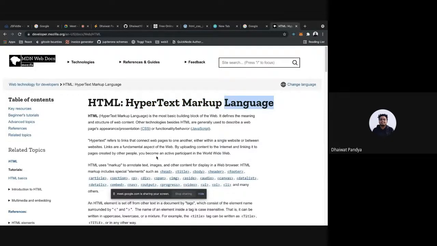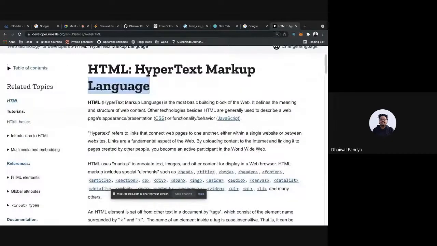And they have mentioned it here that HTML is generally used to describe a web page, and CSS describes its appearance, presentation, and JavaScript adds the functionality and behavior on top of it.